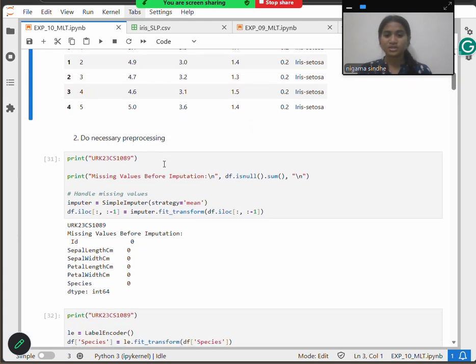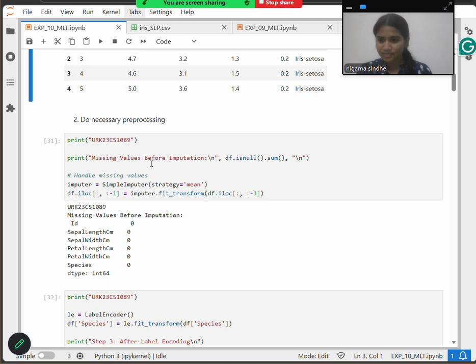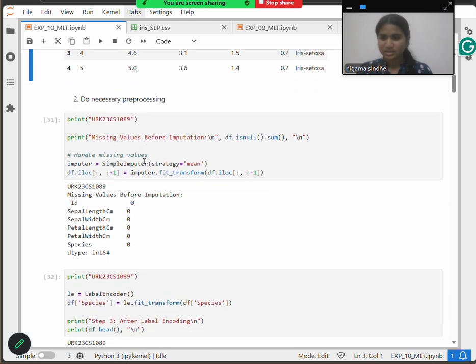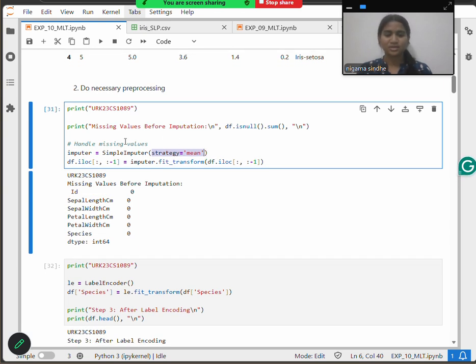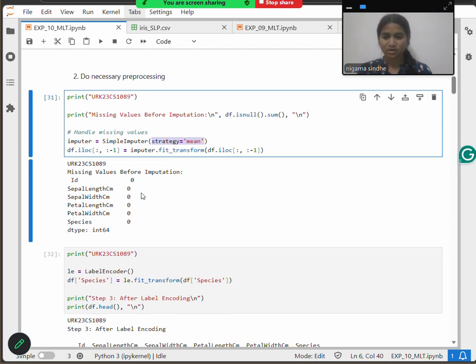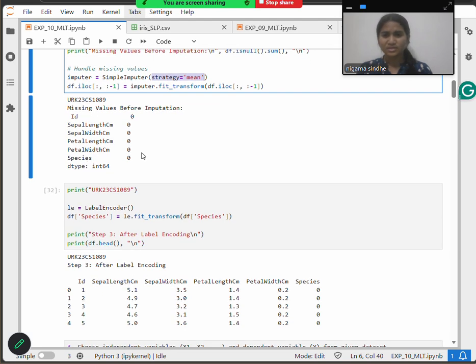Next we do the necessary pre-processing, which is handling the missing values, where we take the mean of the missing values and fill those using fillna. Then we have used the SimpleImputer function for handling the missing values, taking the mean strategy directly from the imputer instead of the numpy library, and then printing the columns. Here we got all zeros, which means there are no missing values in the dataset columns.